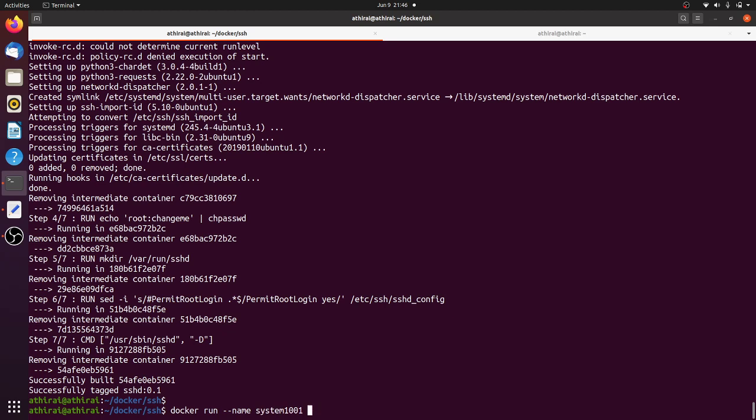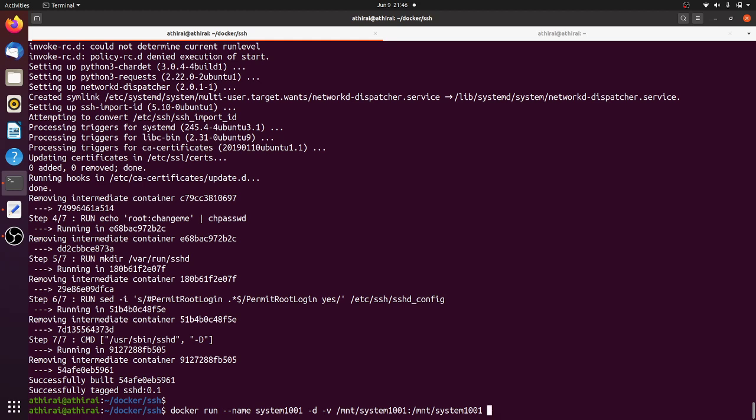I want to start it in detached mode, and I will mount a volume so they can keep the backup here: /mnt/sys/system1001. It will be mounted inside the container in the same folder, so the user will not feel any difference.